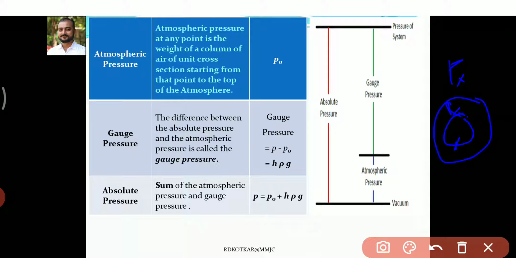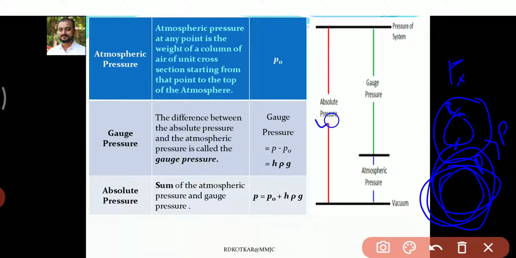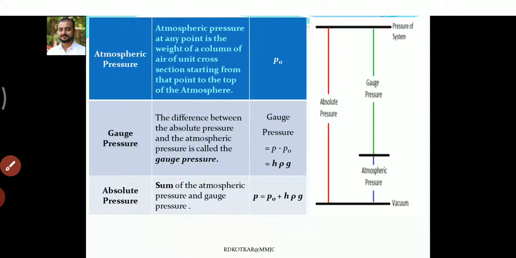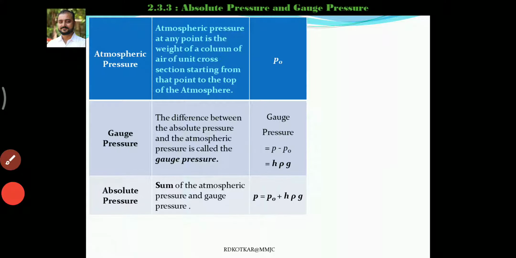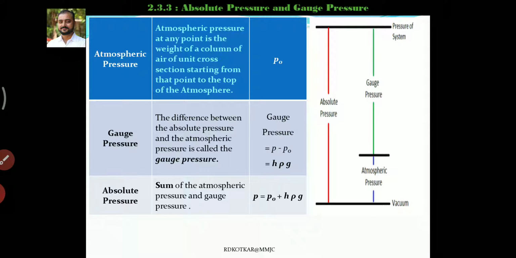So if you fill air inside this tube, what happens? The tube becomes a perfect shape. It means the extra air is included in it in addition to atmospheric pressure. Now, when you compare the pressure present outside and the pressure present inside, the pressure inside should be greater than the pressure outside, meaning atmospheric pressure. Here the pressure present is known as the absolute pressure. At that time, the pressure inside the tube becomes the absolute pressure.